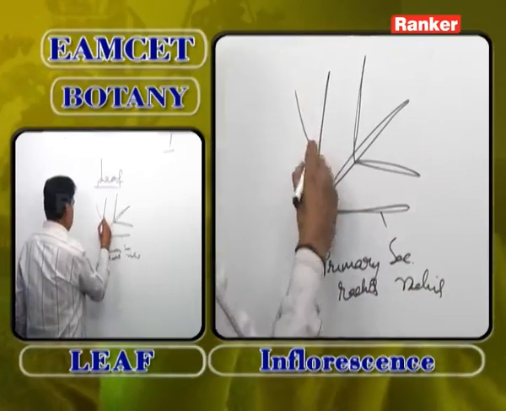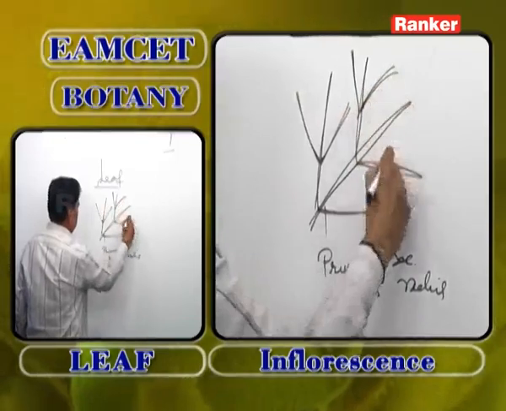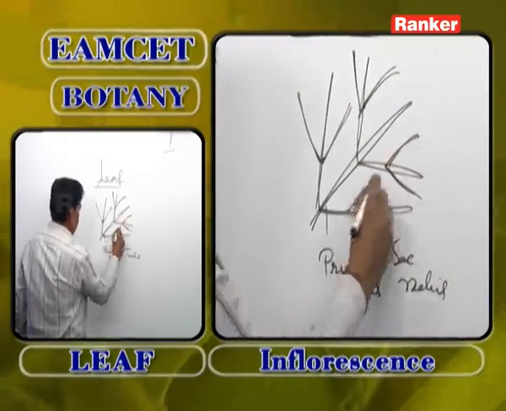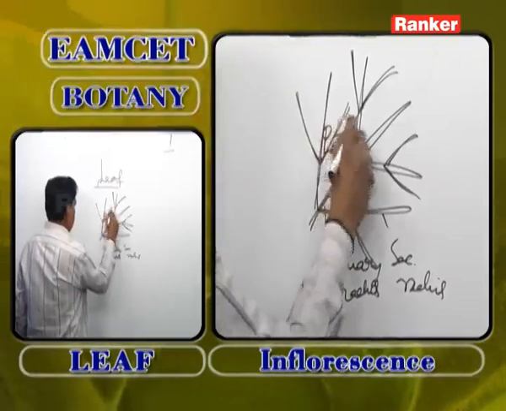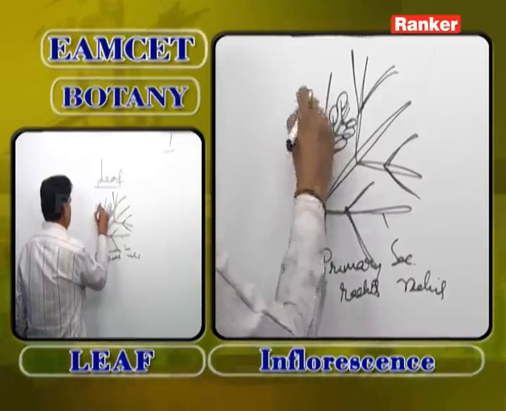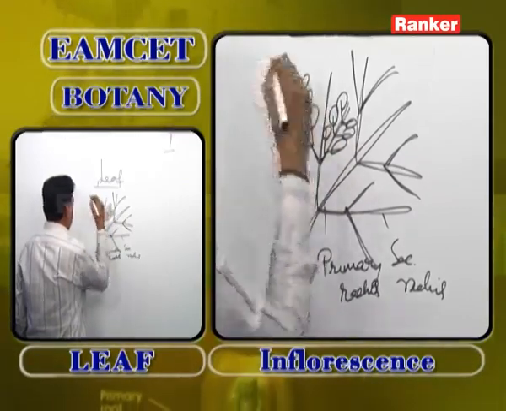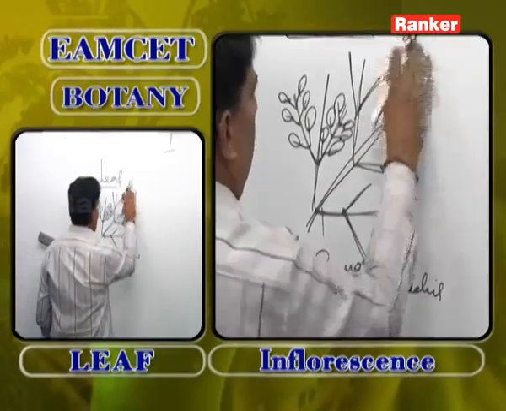On this secondary rachis, slowly tertiary rachis are produced. Leaflets are arranged on both sides of the tertiary rachis. That's why these are popularly called